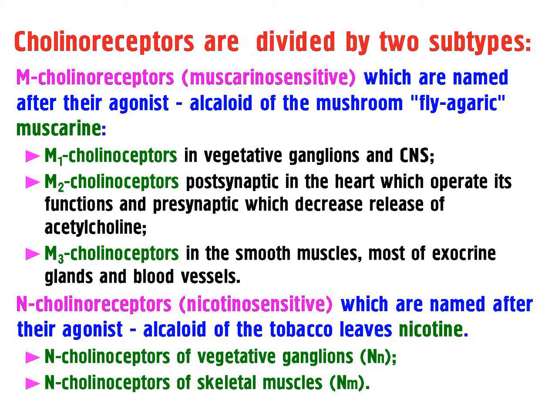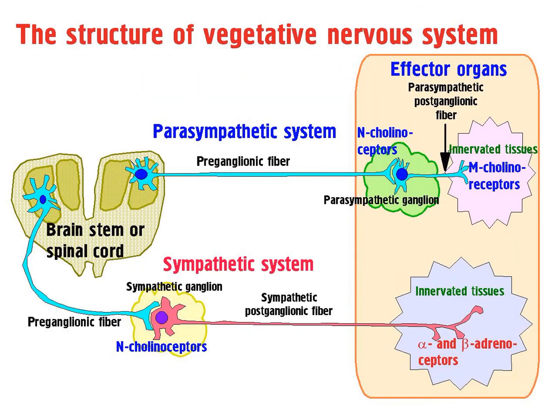Binding of 2 acetylcholine molecules elicits a conformational change that allows the entry of sodium ions, resulting in the depolarization of the effector cell. Nicotinic receptors are located in the CNS, in the adrenal medulla, autonomic ganglia, and the neuromuscular junctions in skeletal muscles. Those receptors at the neuromuscular junctions are sometimes called NM receptors, and the others are called NN receptors. If we look at the structure of the autonomic or vegetative nervous system, we can find that it